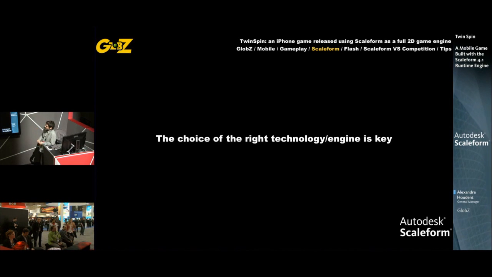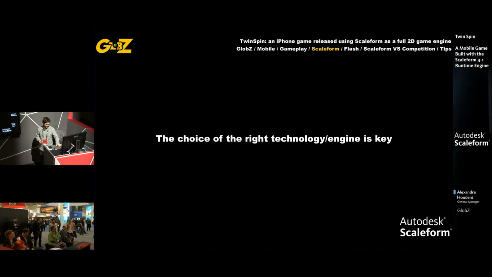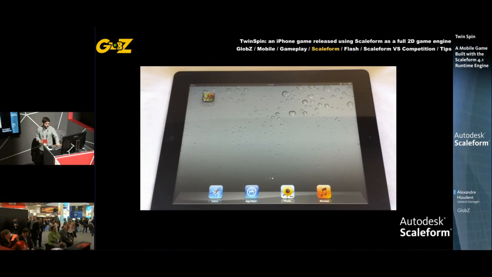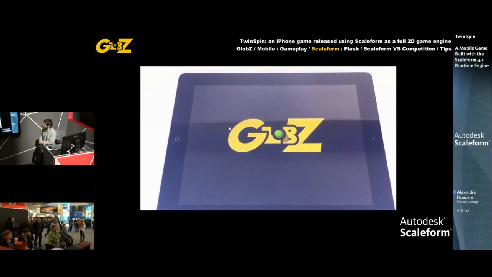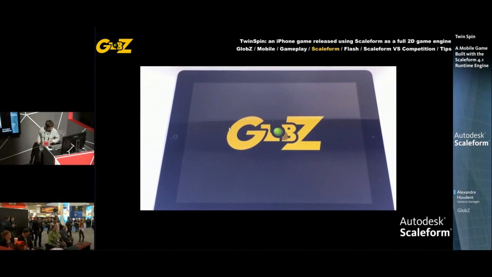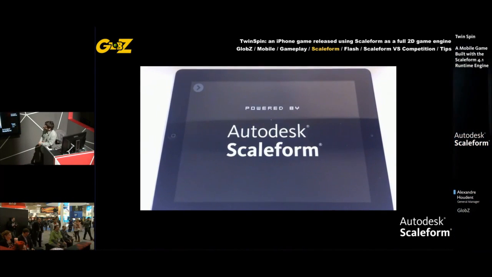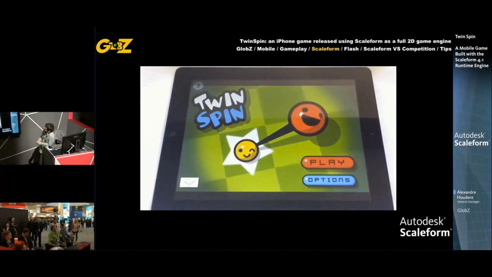So basically, there are a lot of opportunities in the mobile world, but the choice of the right technology or engine is really key. So I will show now the game running on iPad, so you can see it already runs. And I'll show what Scaleform offers. Some really nice controls over the game you're running. Like on the top left, you see,